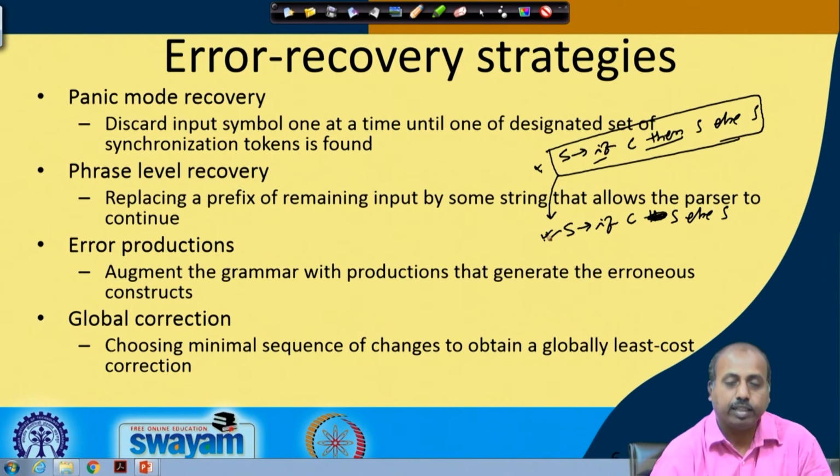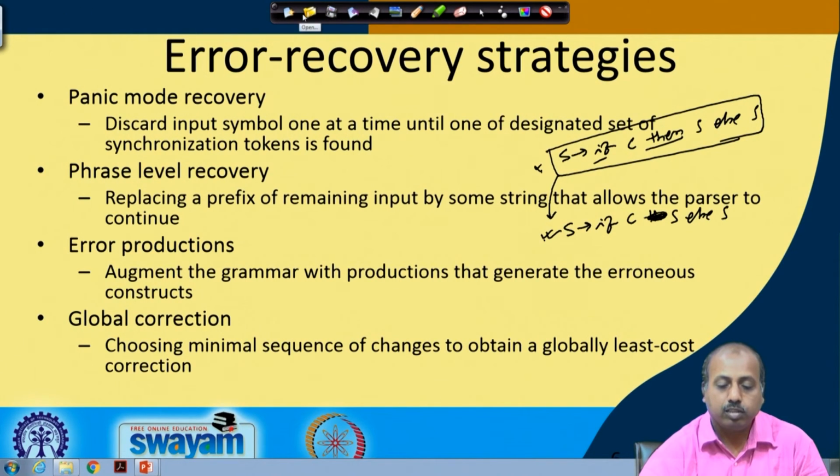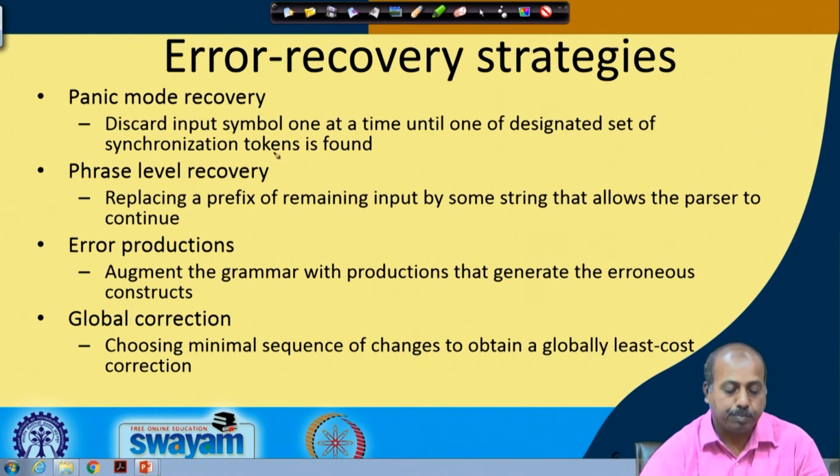So, we can augment the grammar with productions that generate the erroneous constructs. This is the other possibility. And also we can do some global correction. So, we can find some minimal sequence of changes to obtain a globally least cost correction. So, the cost